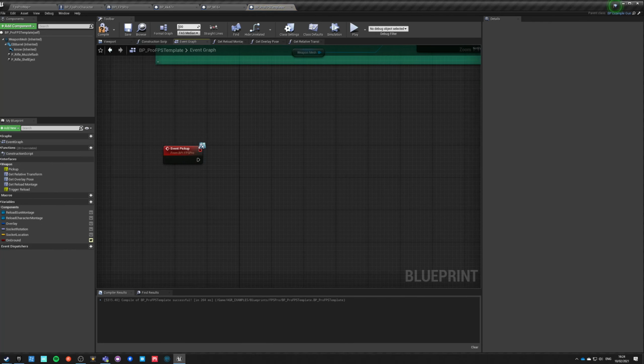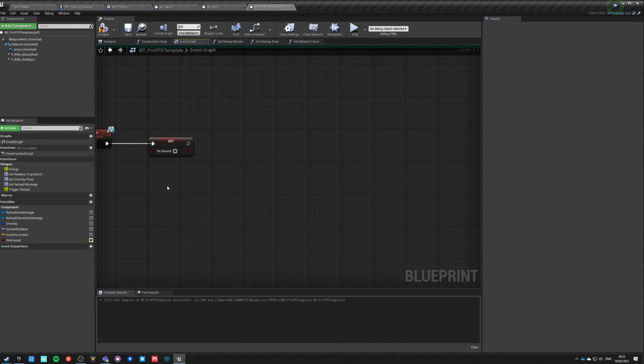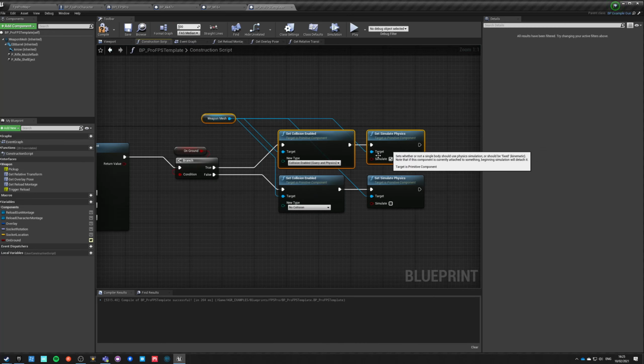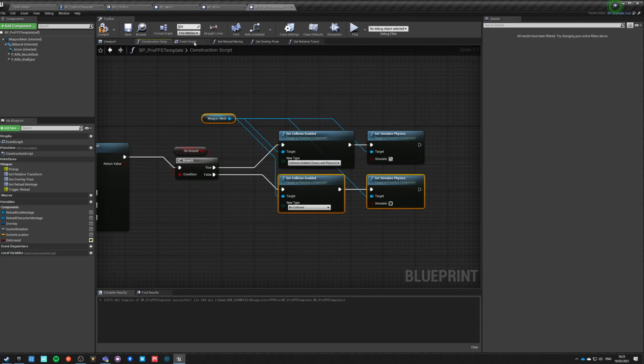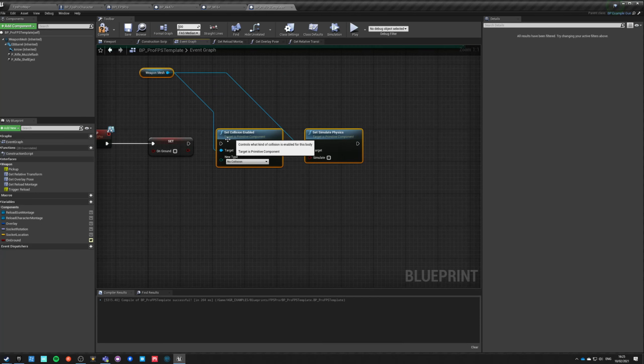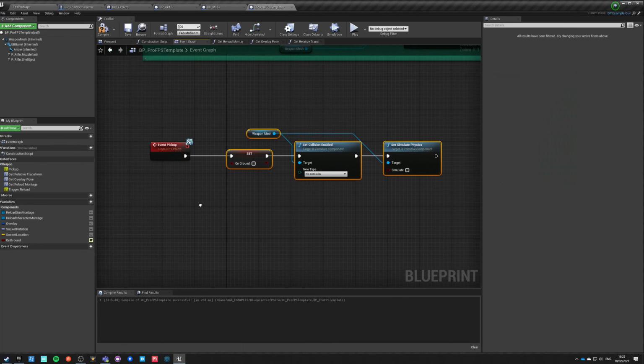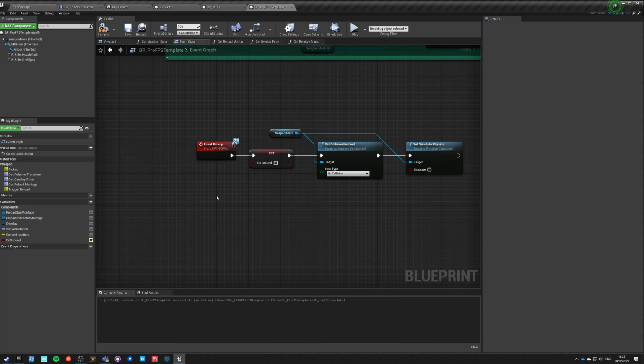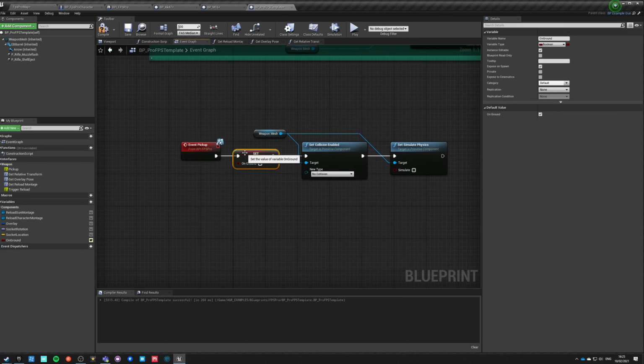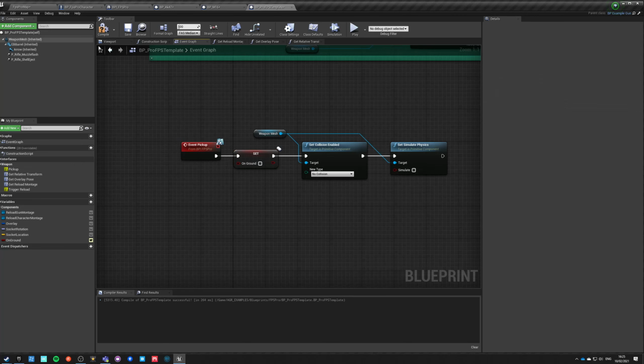So on event pickup, what we're going to do, we're going to set OnGround to not true, and we're going to go here, copy this exactly, go here, paste it, and connect it. So set to no collision, not simulate, and all this stuff, and we need to do this function before we do attachment, and this has to happen on the server, so this should be replicated.